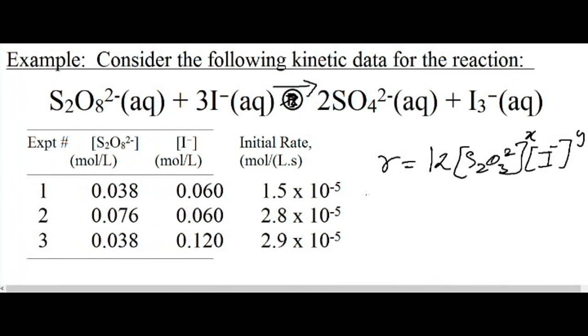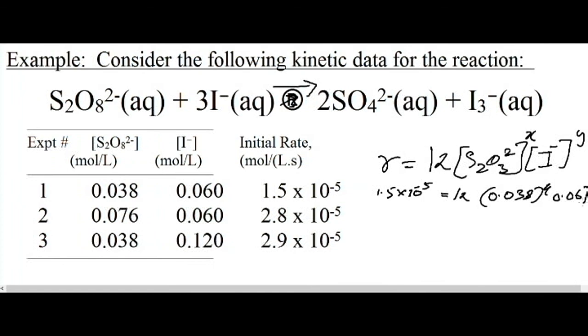You don't know the value of X, K, actually it is not needed. So for the first one, rate equals 1.5 into 10 to the power minus 5. You have to use units also, but here I have not enough space. And K times thiosulfate concentration 0.038 into